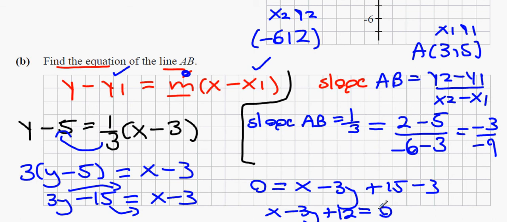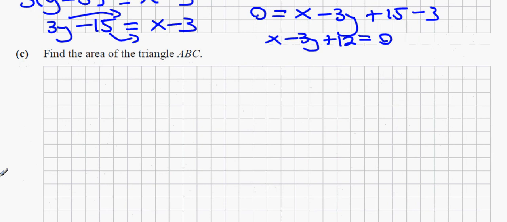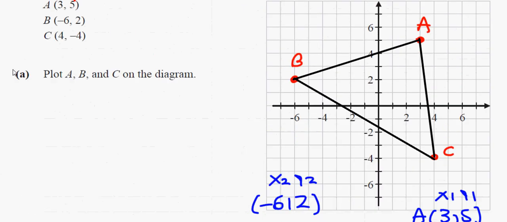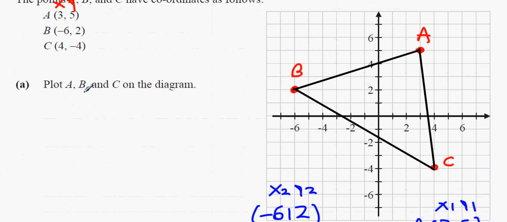Now for part 3 of this question, find the area of the triangle ABC. Now what you've got to remember about these triangles is that you've got to actually move one of them onto the